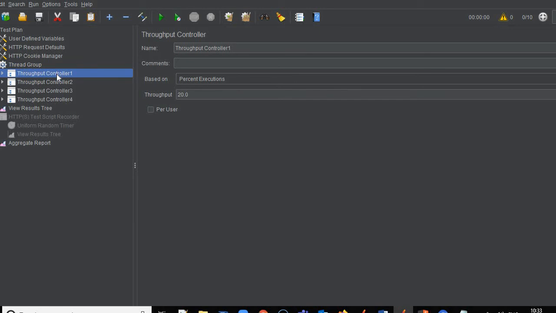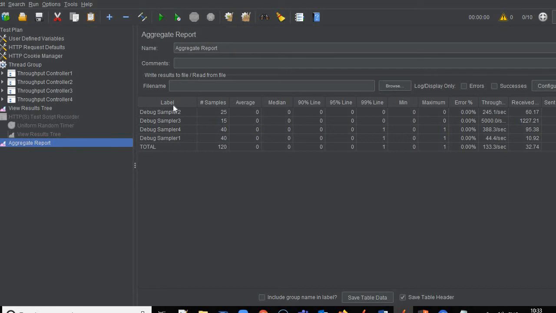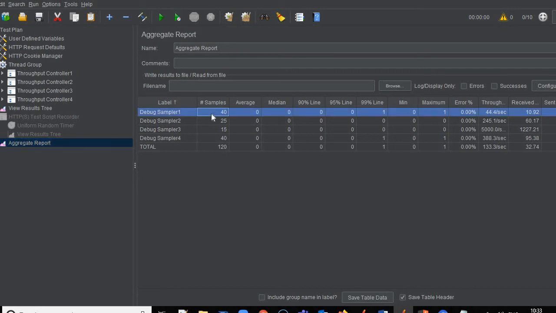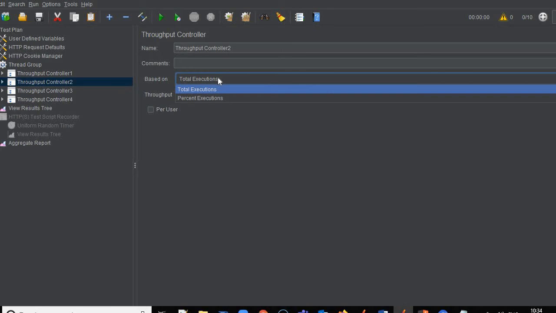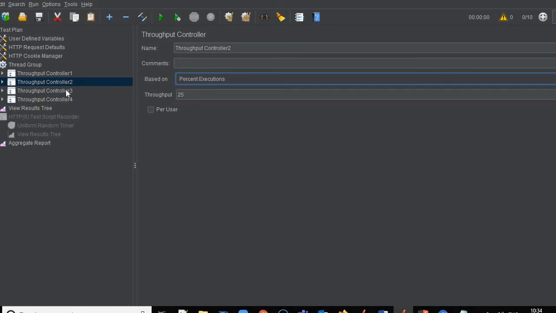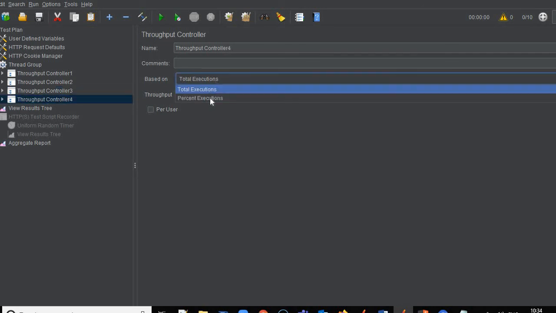And what happened for throughput controller 1? We executed 40 requests. Oh, okay. We need to re-execute it because percent executions was selected for only the first controller and we forgot to change it for the rest of the controllers. So the option should be percent executions for all the controllers.